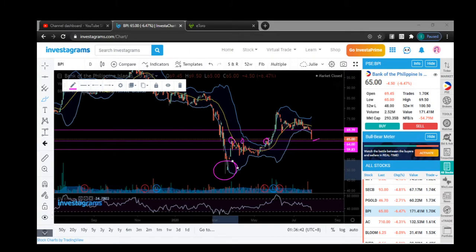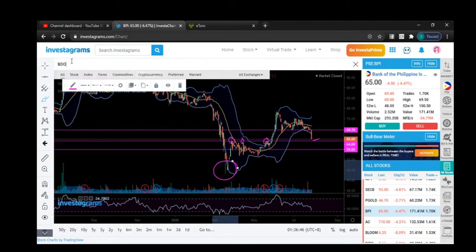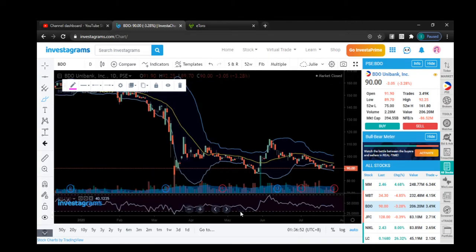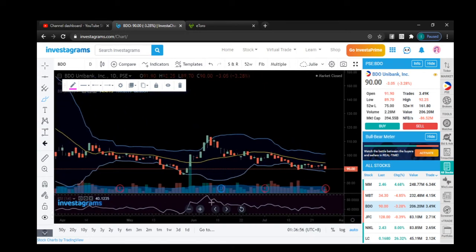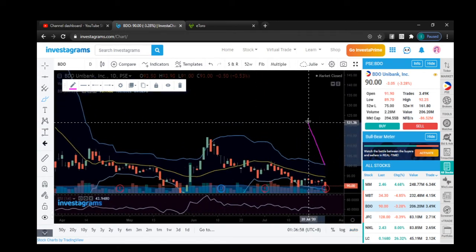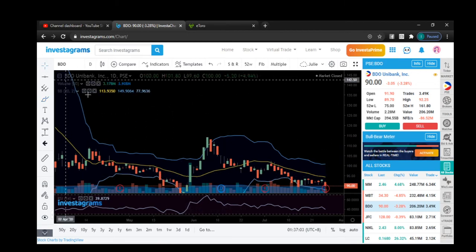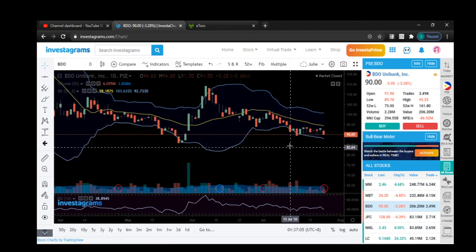BDO. I think I see the same fate. Let me see. Okay, so far, good thing for BDO, it did not really drastically drop in price. I think we are currently at the consolidation phase for BDO. Hopefully, this remains at this area. Let's see. In the meantime,